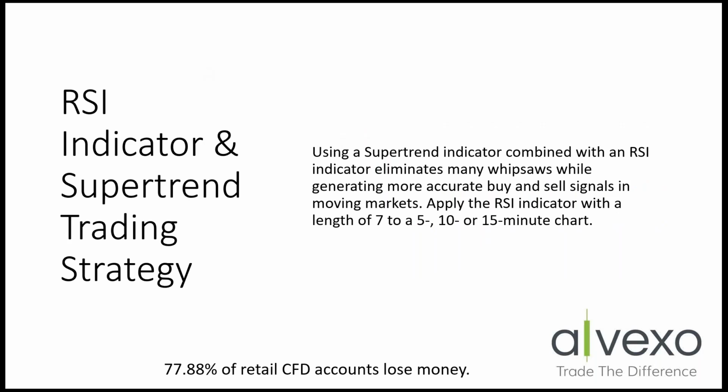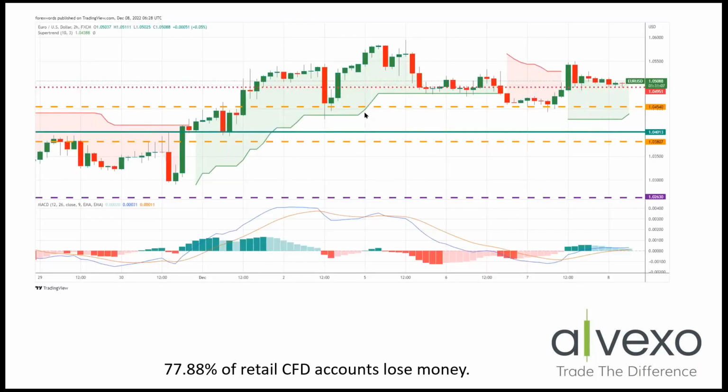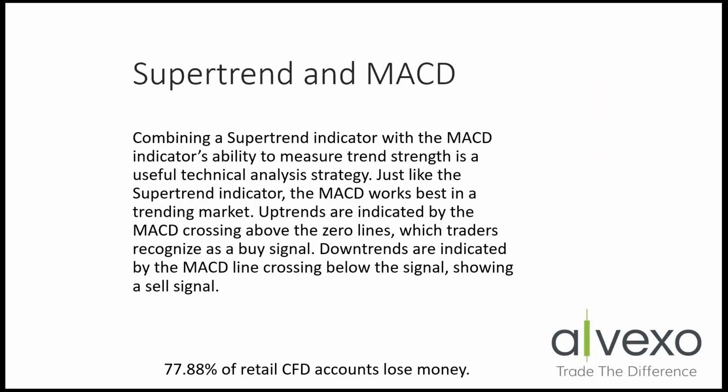So using the SuperTrend indicator combined with the RSI indicator eliminates many whipsaws while generating more accurate buy and sell signals in moving markets. You can apply the RSI indicator with a length of 7 to a 5, 10, or 15-minute chart. We can also combine that with the MACD, and combining the SuperTrend indicator with the MACD indicator's ability to measure trend strength is a useful technique